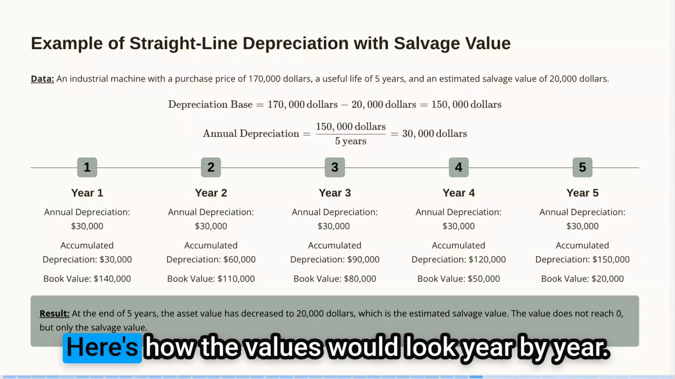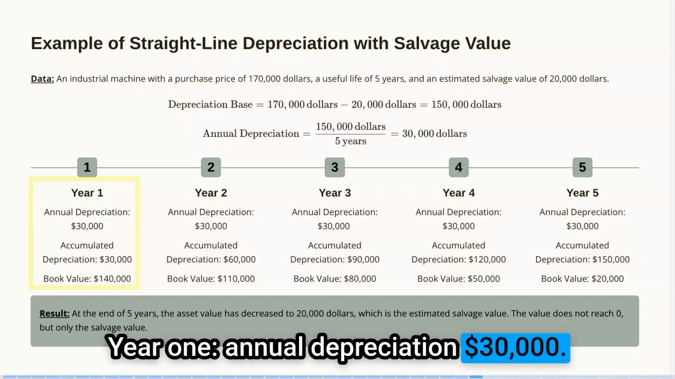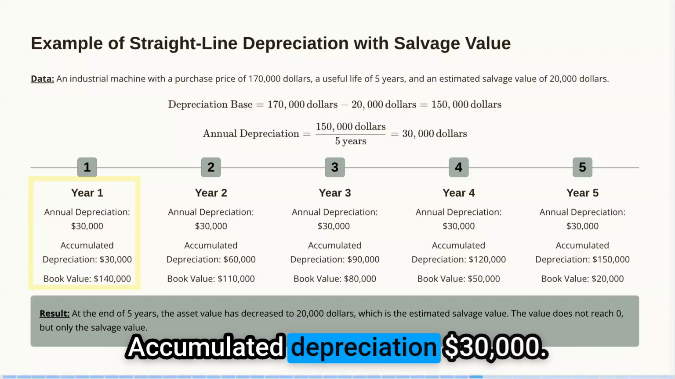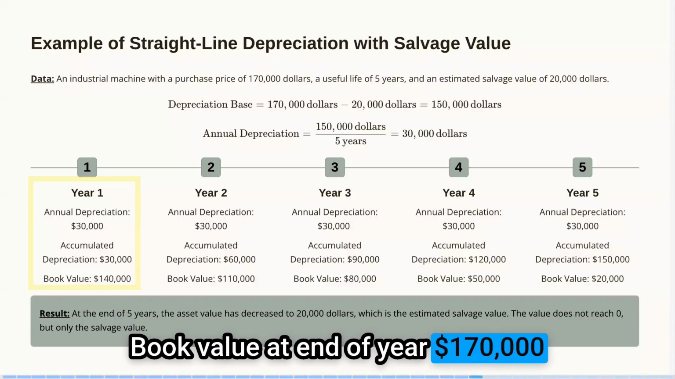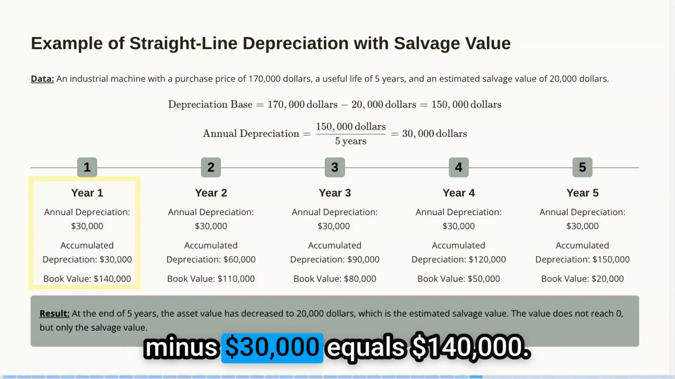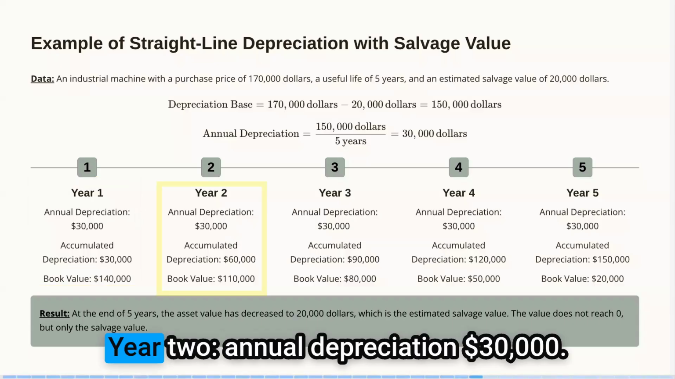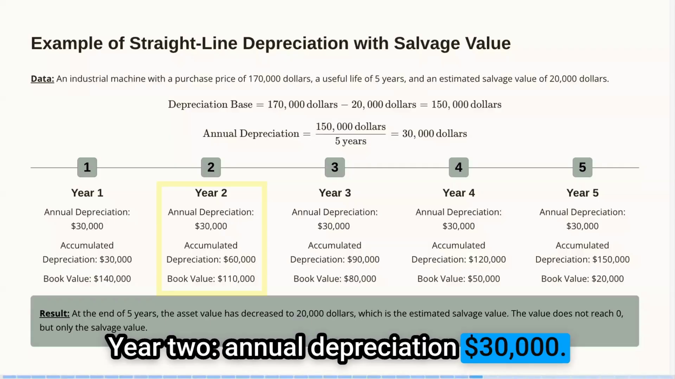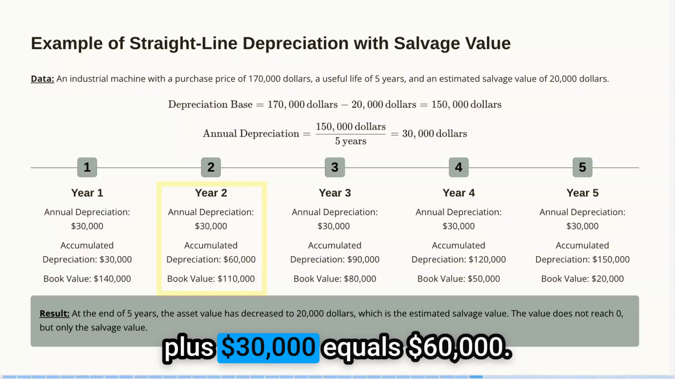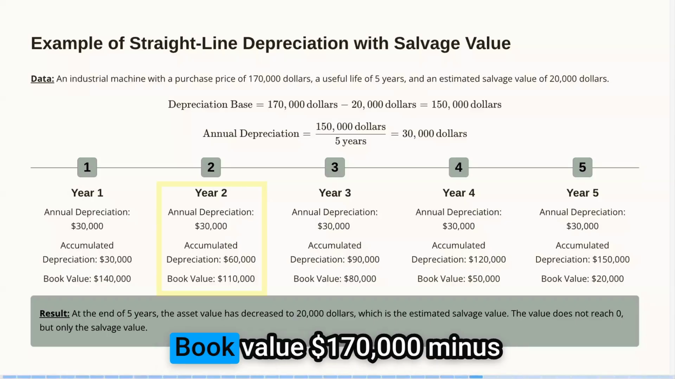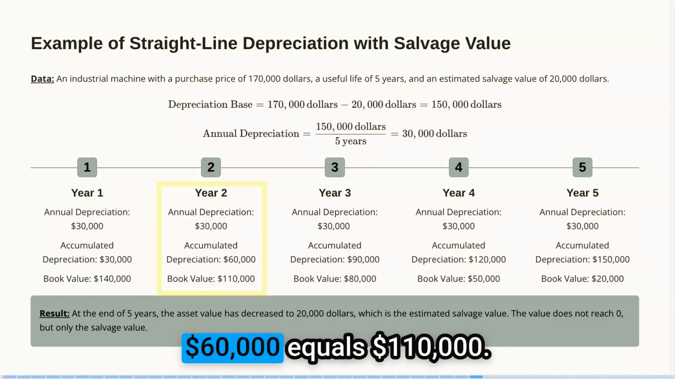Here's how the values would look year by year. Year 1, annual depreciation, $30,000. Accumulated depreciation, $30,000. Book value at end of year, $170,000 minus $30,000 equals $140,000. Year 2, annual depreciation, $30,000. Accumulated depreciation, $30,000 plus $30,000 equals $60,000. Book value, $170,000 minus $60,000 equals